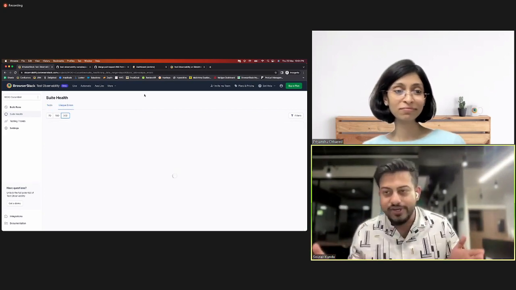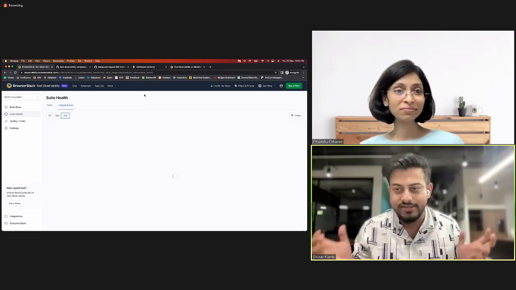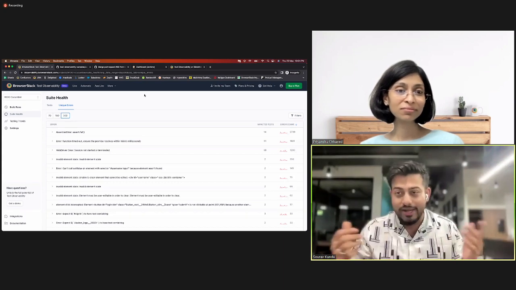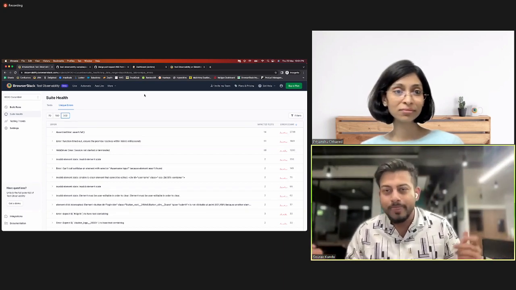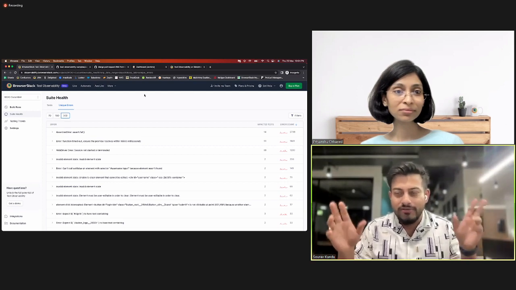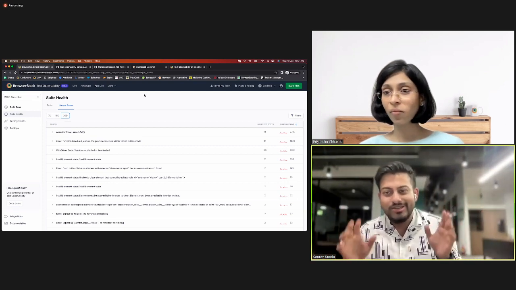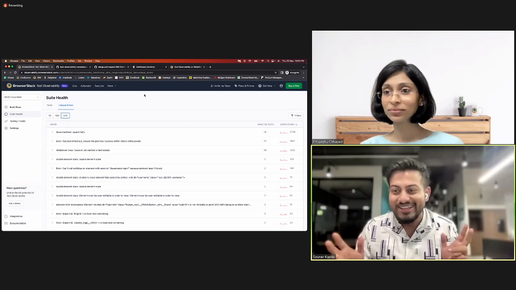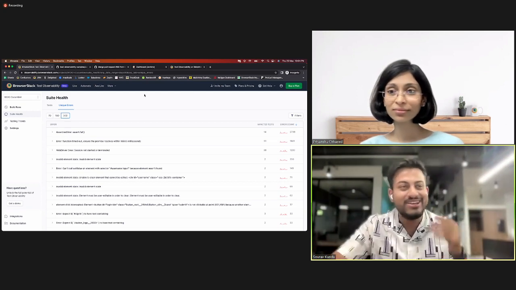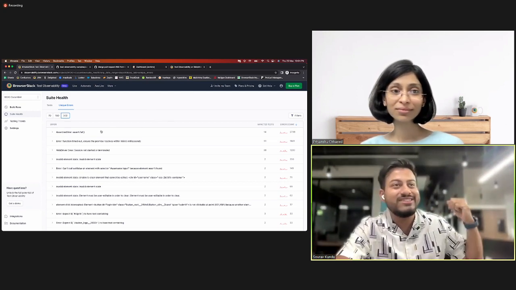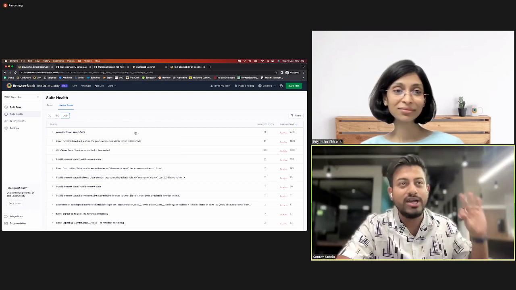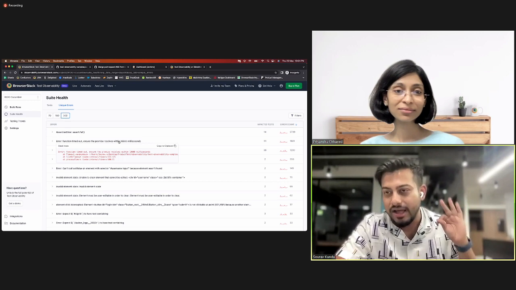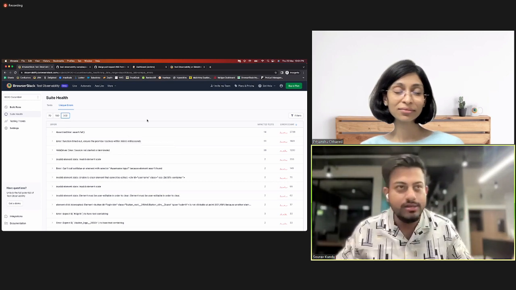And the second part of Suite Health is obviously unique errors. Internally within BrowserStack, we have a 45, 50 people QA team. They tell me, all this is good, but you tell me which are the top errors. That's the biggest problem I have, right? So that's what we have built. This unique error dashboard tells you what are the top errors that are occurring across your project, right?